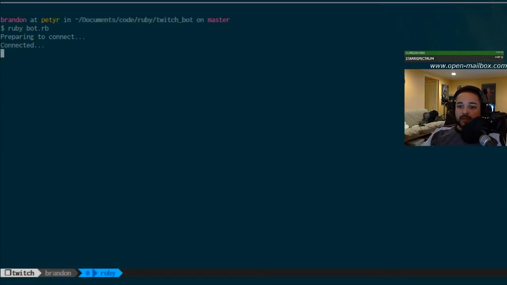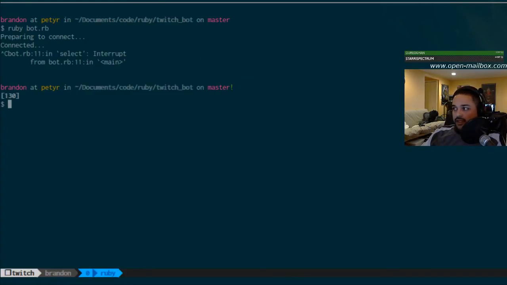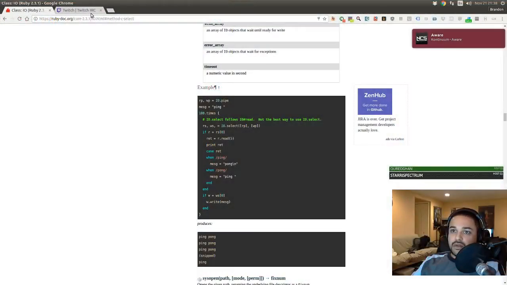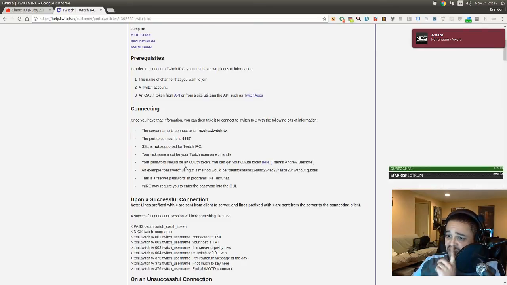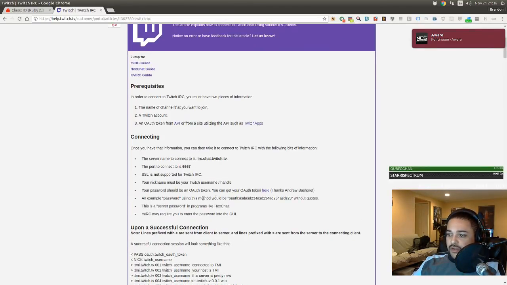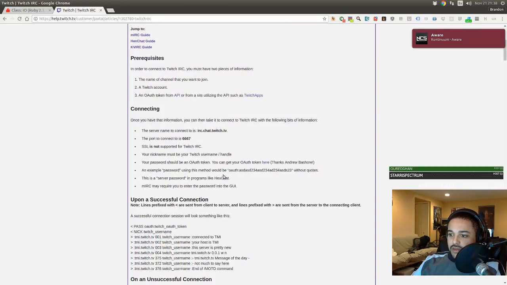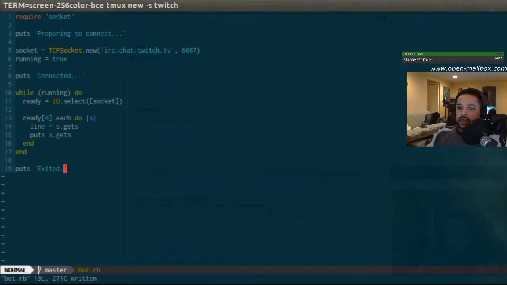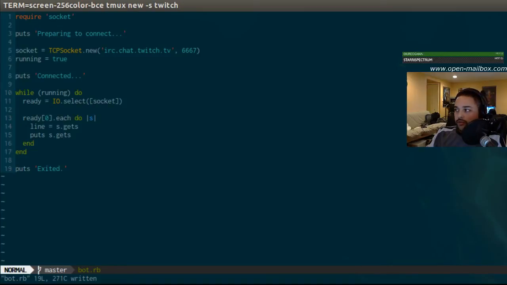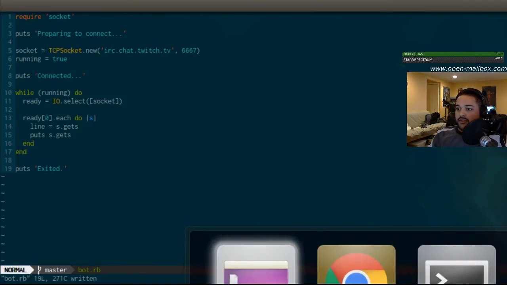But that's actually because I think we are failing to authenticate, which, forgot about that. We'll actually need to do that. So authenticating with this thing, we actually need to use an OAuth token that I probably don't want to put on the stream. So what I'm going to do is set it in an environment variable. We now have an environment variable for our API token, and we need to send it to the server, right?